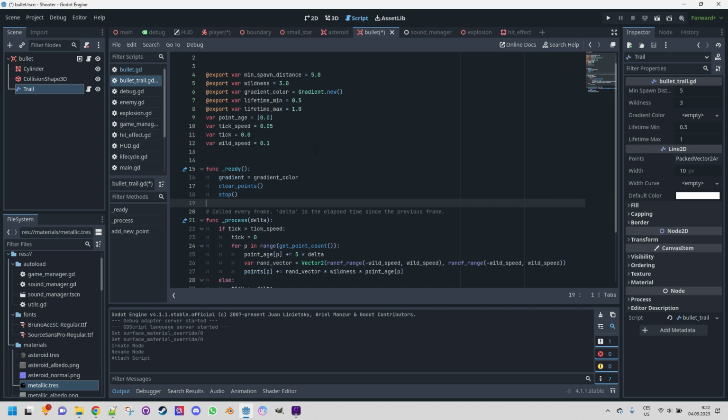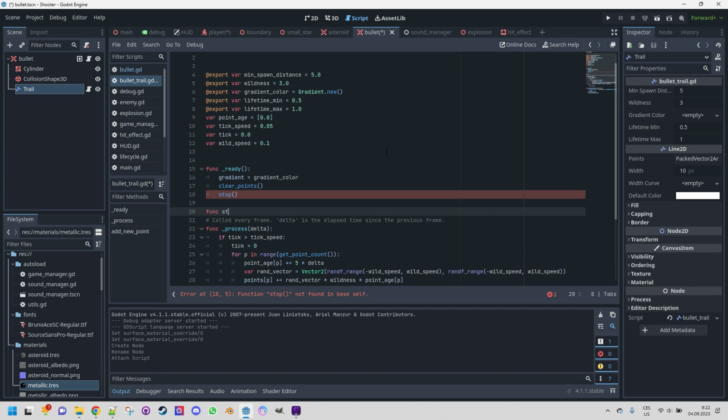instantly. Why do we do that? Because the function stop, which we are about to implement, would use the tween as I suggested, so it will take this 1 second to disappear, which is why we call the stop instantly after creating this object. Let me show you func stop,